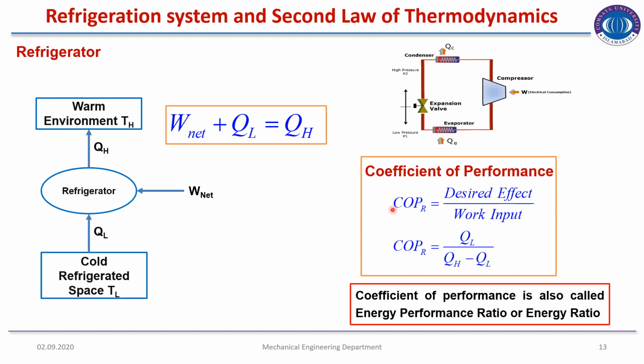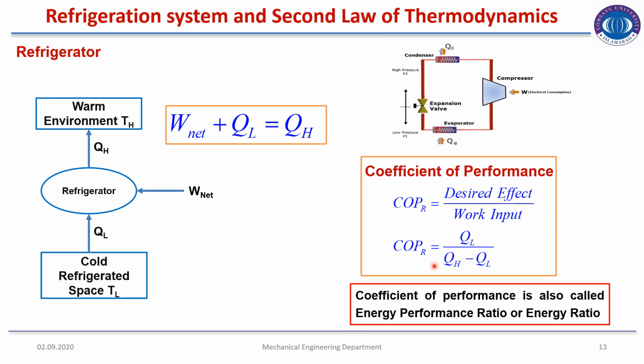It is written as COP with subscript R. COP of a refrigerator is the desired effect divided by work input. The desired effect is to maintain the low temperature of the refrigerated space, QL,